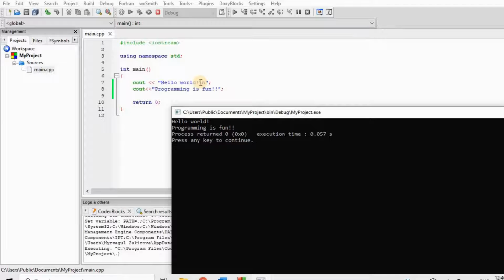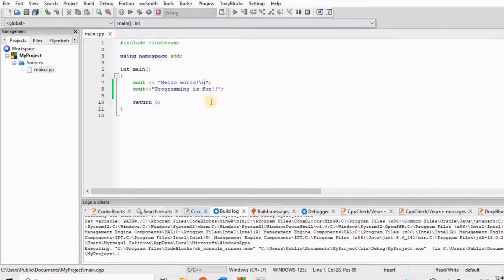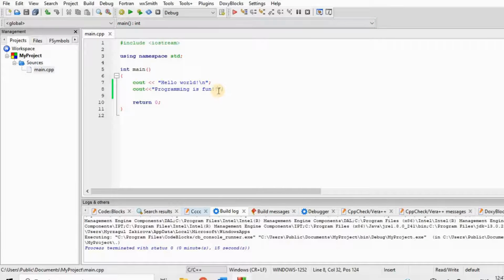So hello world, and it goes to the next line and prints out programming is fun. Let's add an escape sequence after programming is fun. So again, the escape sequence must be between these double quotes, backslash and n. Let's run it